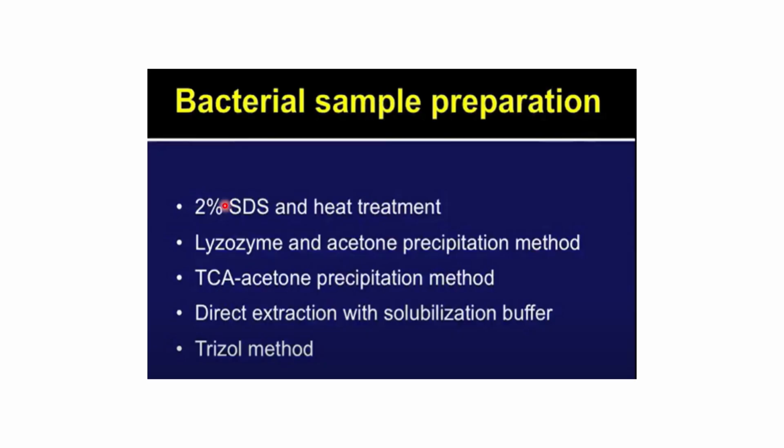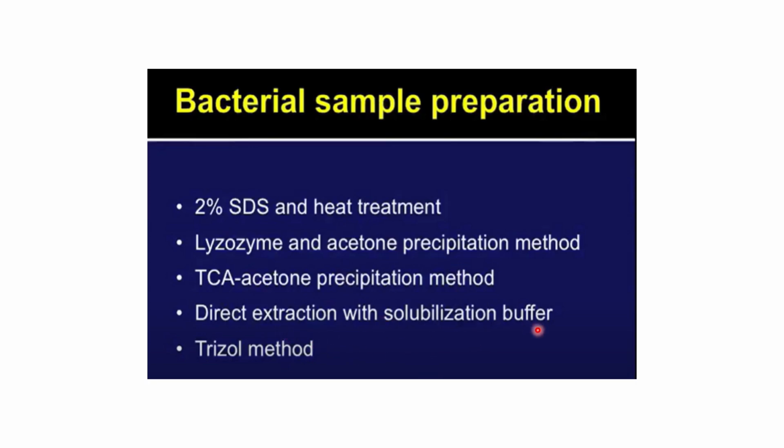So what you do is you use 2% SDS, give a heat treatment so that it gets lysed. You can add lysozyme so that the cell membrane of the bacterial cell gets lysed. Then you can do acetone precipitation, whatever proteins come out. You can do TCA acetone precipitation, whatever protein has come out will get precipitated. You can do extraction of those